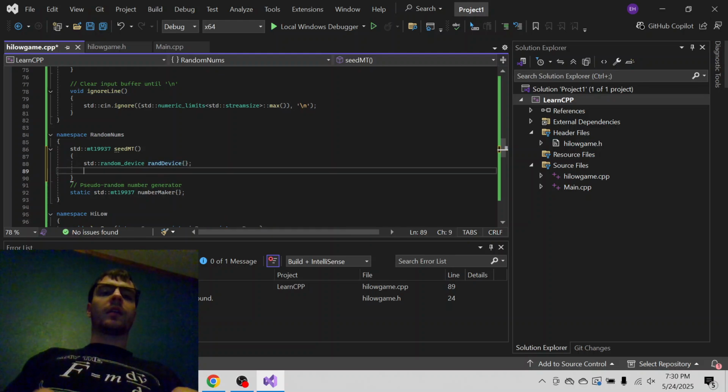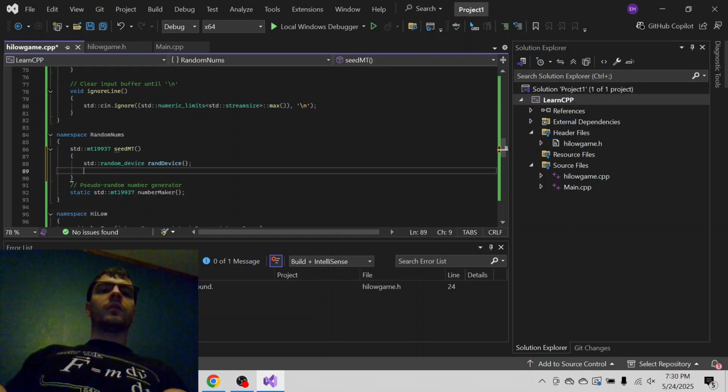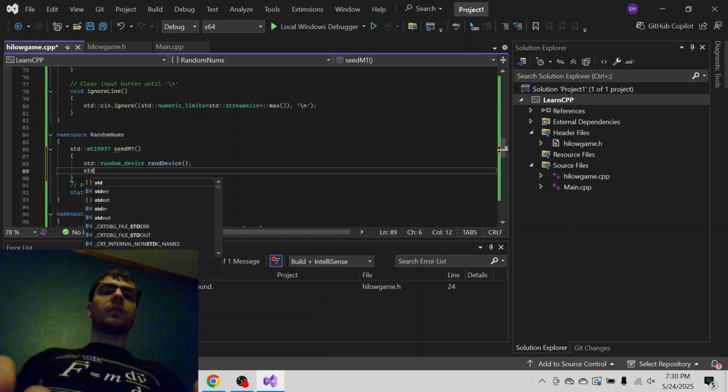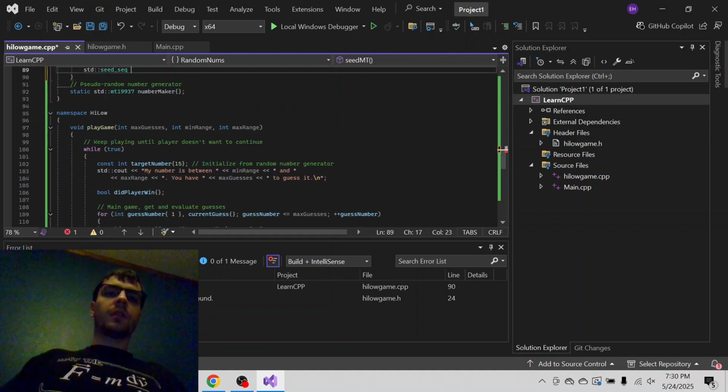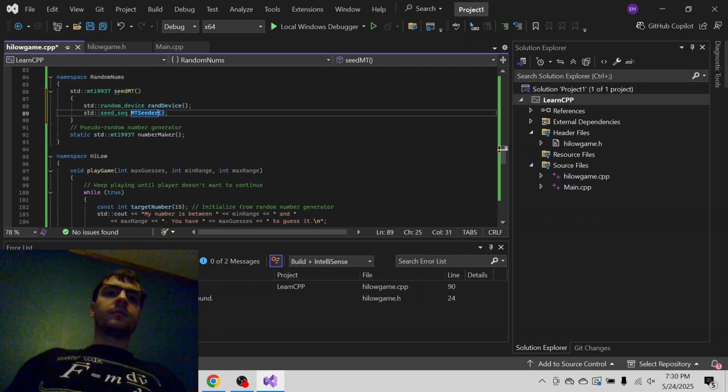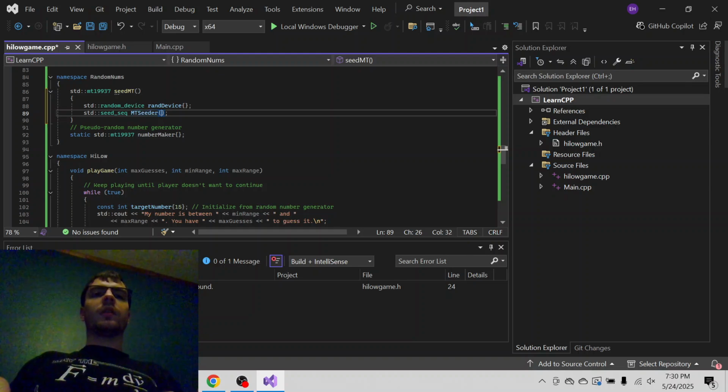Okay, we just create that. And then we'll seed a seeder, standard seed sequence, empty seeder. And it is seeded with,